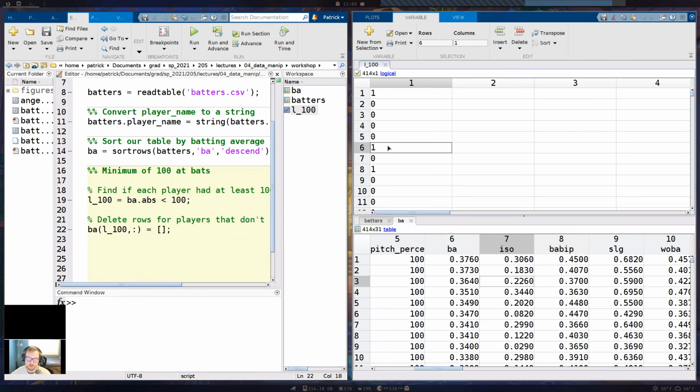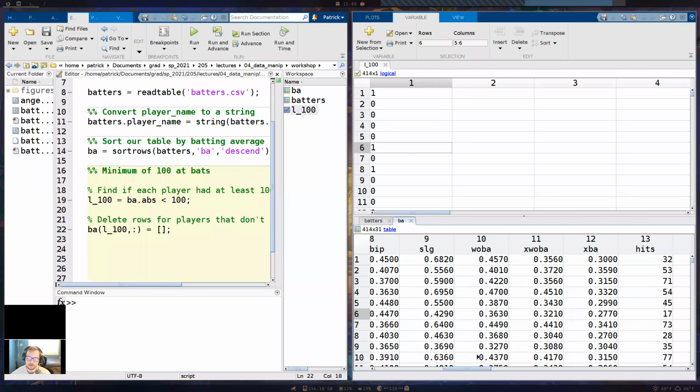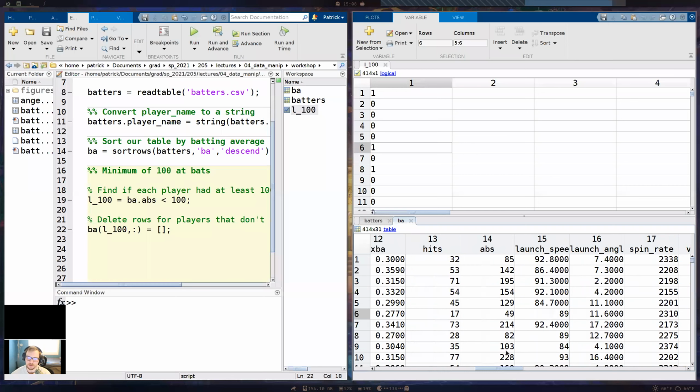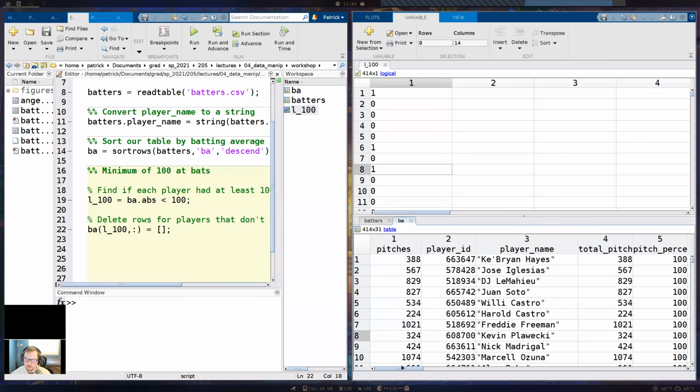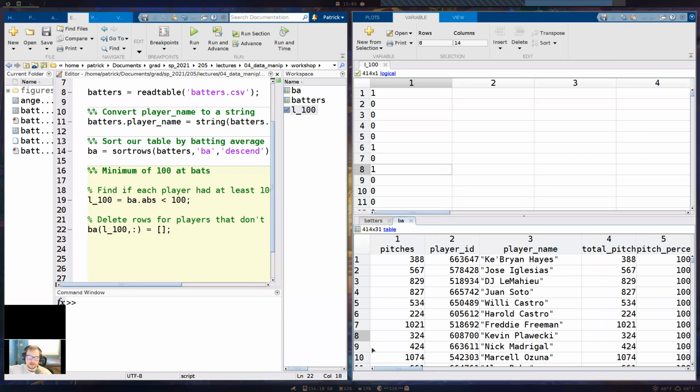It's also going to delete the entire 6th row, because that player also did not have at least 100 at-bats. He had 49. So he's got to go. Player number 8 had 82 at-bats. He's got to go. Matlab looks at this table in one pass, and if this value was true, it's going to delete that row.